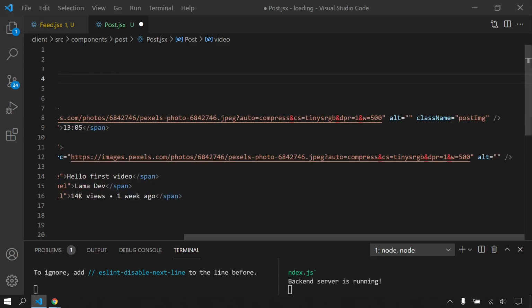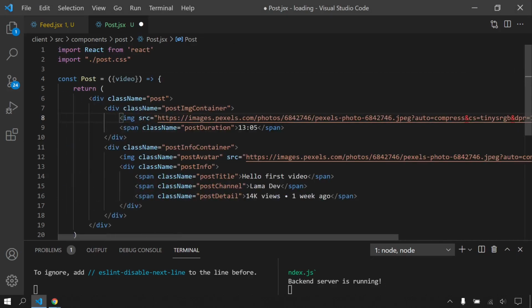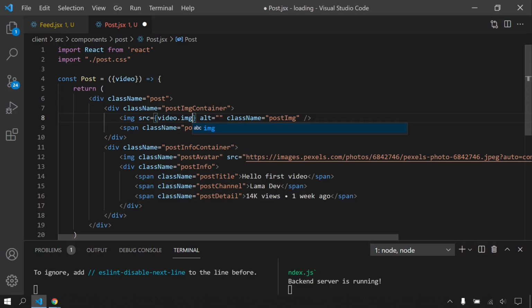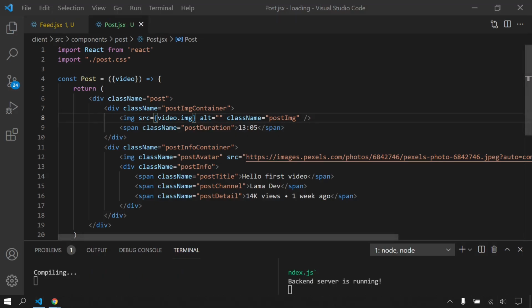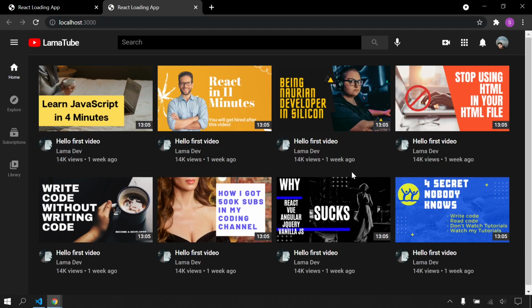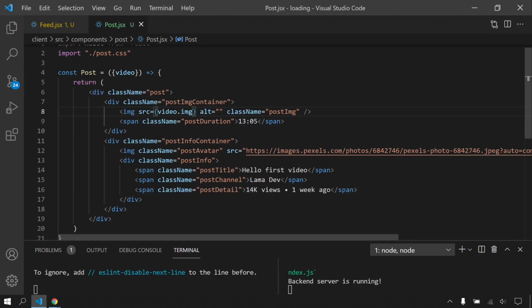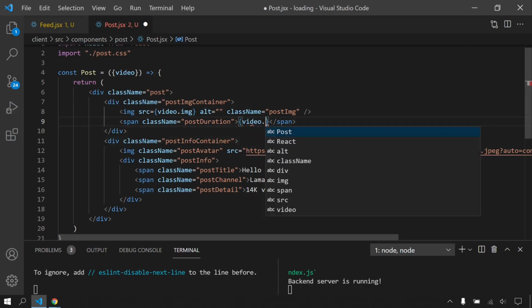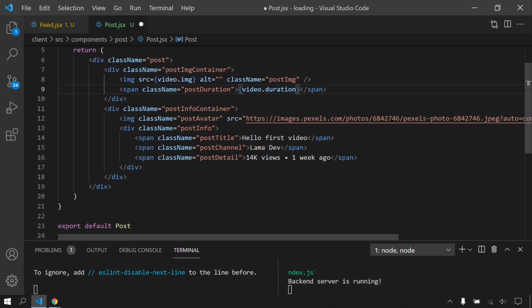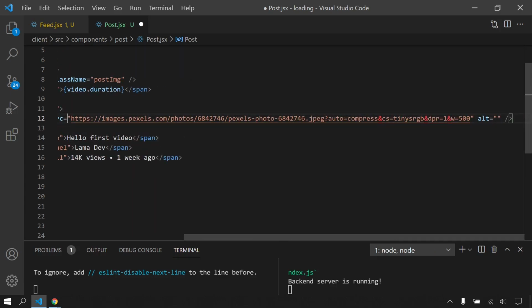Right now I can use my properties. For example, for this image, it's not gonna be this custom image anymore. It's gonna be video.image. Let's see. As you can see, we changed them, and this is gonna be our video.duration, and this image, let's delete it.